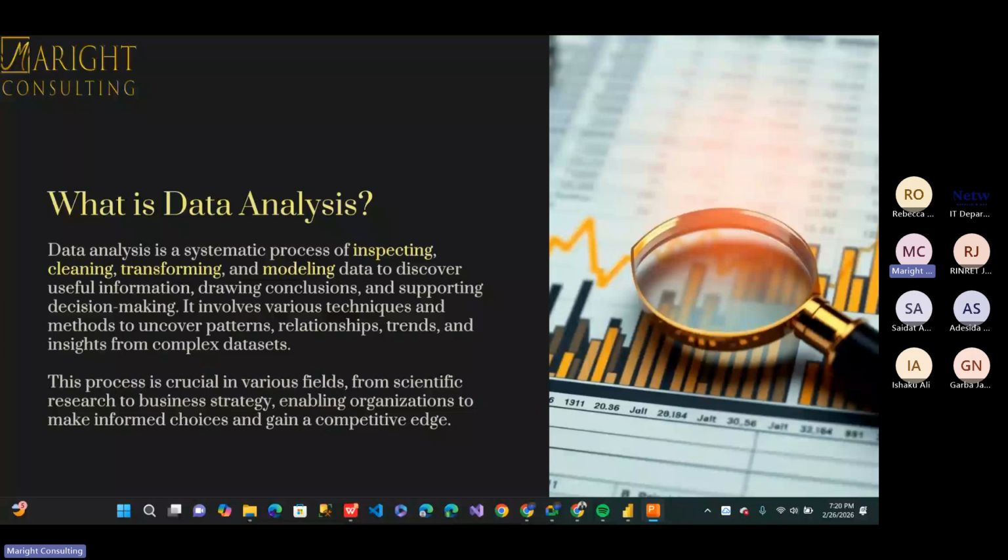And why are you doing all of those things? It is to discover useful information. Another thing is to draw conclusions, because you don't want to make conclusions based on intuition, feelings, or emotions. You want your conclusions to be data backed. You want your decisions to be data backed, so that it can be called a data-driven decision. Do you understand? So that is why we do all of this process of inspecting, cleaning, transforming, modeling, and visualizing